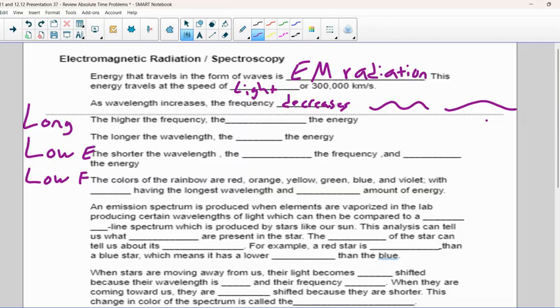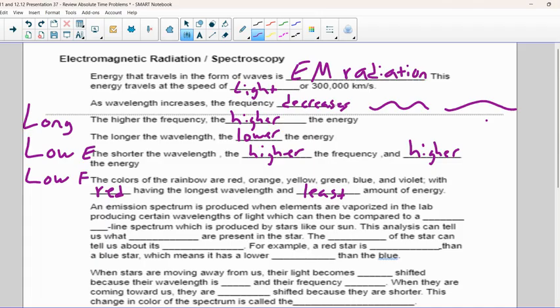So the higher the frequency, the higher the energy. The longer the wavelength, the lower or less the energy. The shorter the wavelength, the higher the frequency and the higher the energy. The colors of the rainbow are red, orange, yellow, green, blue, and violet, with red having the longest wavelength and least